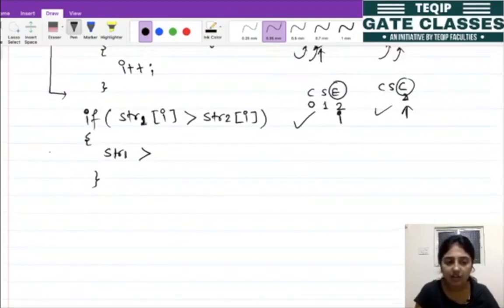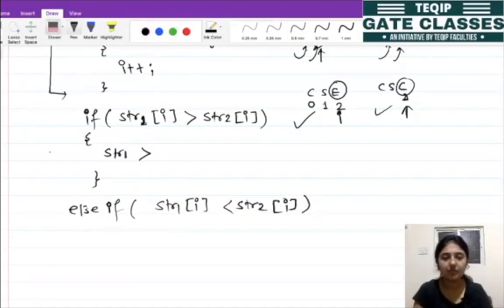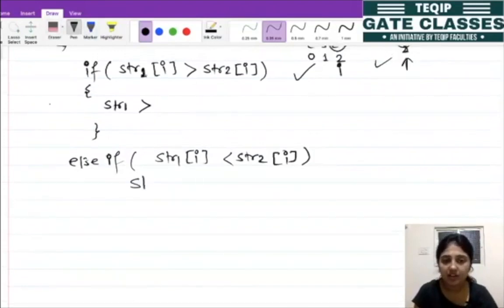Else if this thing is not true, then else if the string 1 of I is less than string 2 of I. If this is the case, then in this case we can say that string 1 is small as compared to this second string.